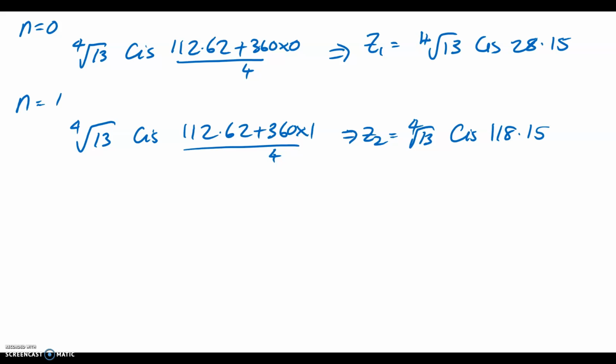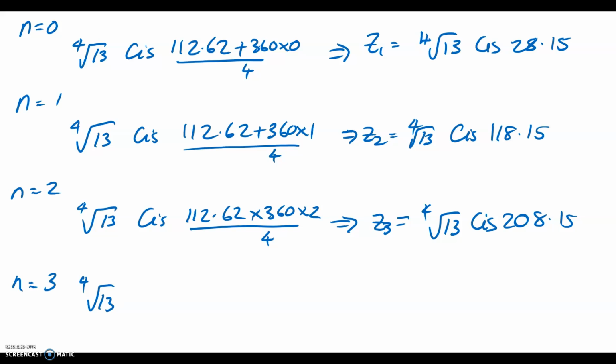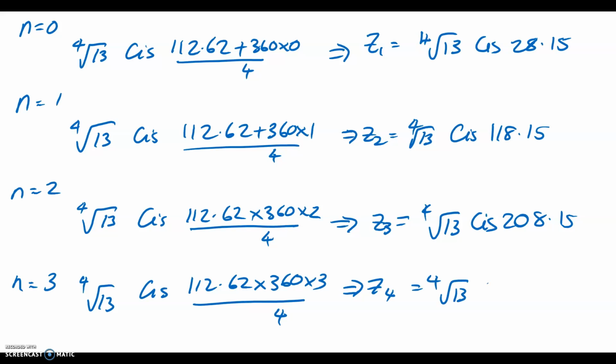And we keep going. So n equals 2. And that gives me z3, which is the fourth root of 13 cis 208.15. And n equals 3. The fourth root of 13, cis, doing the same thing, just changing that n to get z4, the fourth root of 13, cis